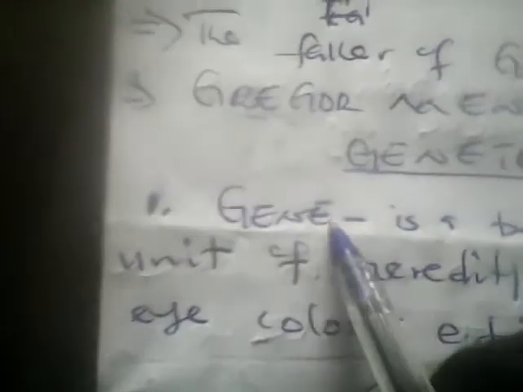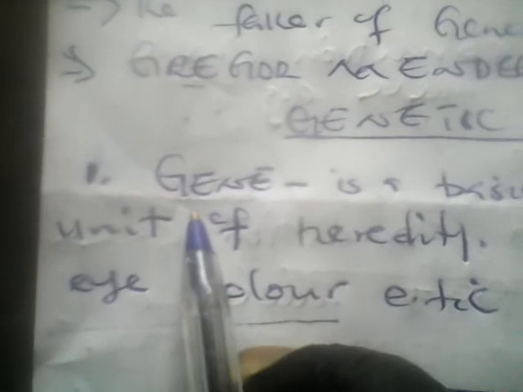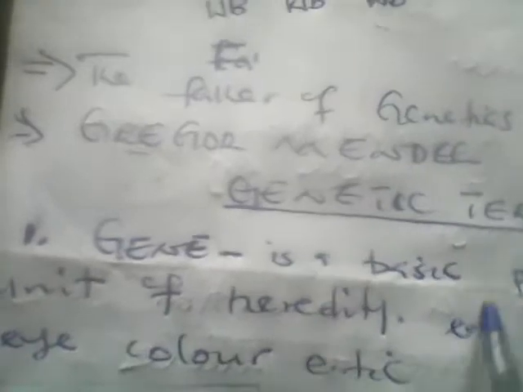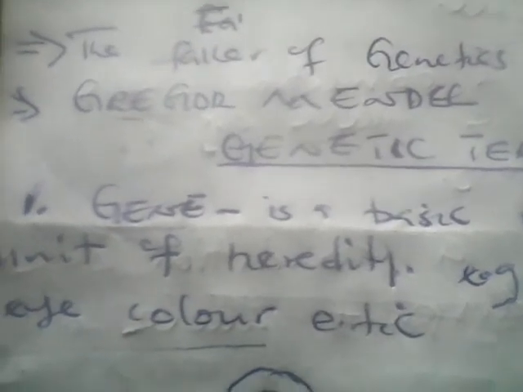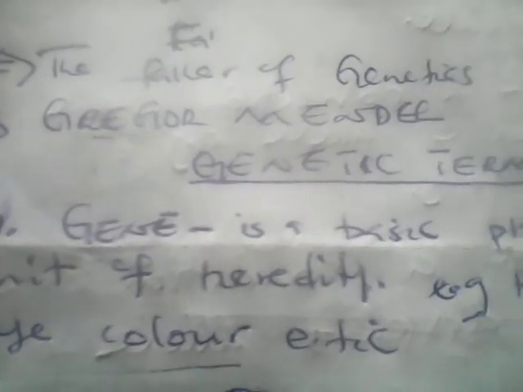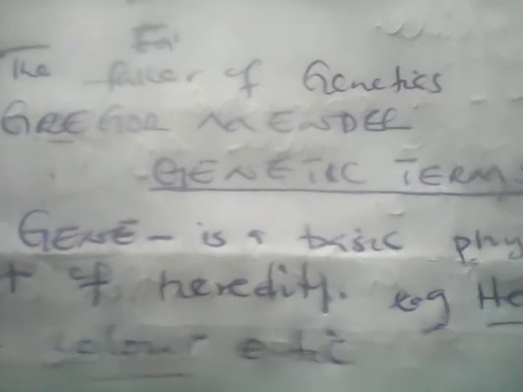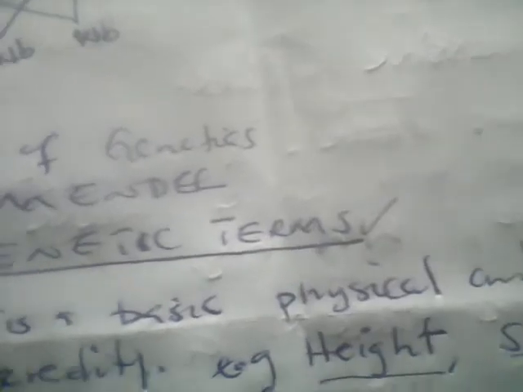The first term is gene. A gene is a basic physical and functional unit of inheritance. Or in other terms, we can define a gene as a basic unit of heredity or inheritance. Okay, so we have examples of a gene. We have a gene of height, we have a gene of skin color, we have a gene of eye color,